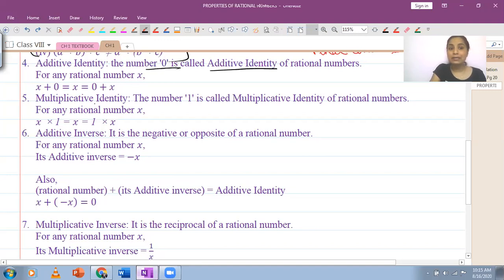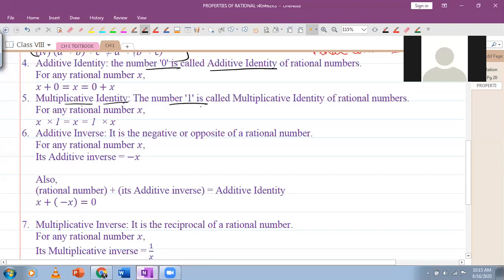For multiplicative identity, multiplication में किस number से multiply करें so that the number remains same? With 1? So you can multiply with 1 and your number remains same. It doesn't change its value. So it doesn't change its value means it doesn't change the identity of the number with which I multiply 1.